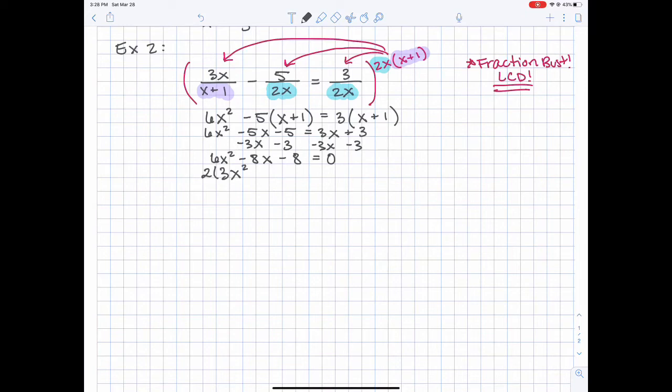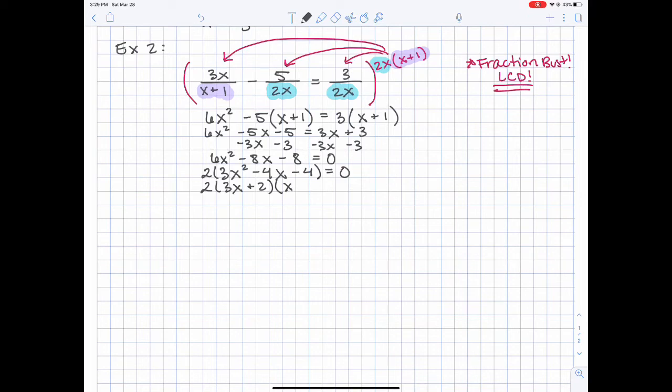3x squared minus 4x minus 4. And once again, we definitely can factor this one. If you need to use the generic rectangle, that's totally fine. However, I am going to challenge you to try to factor